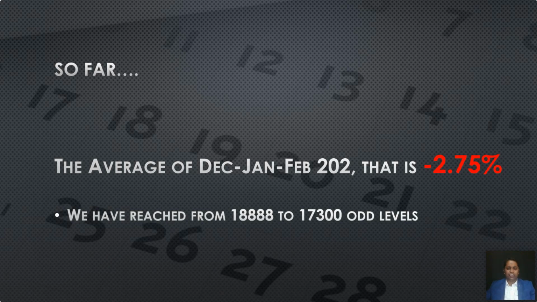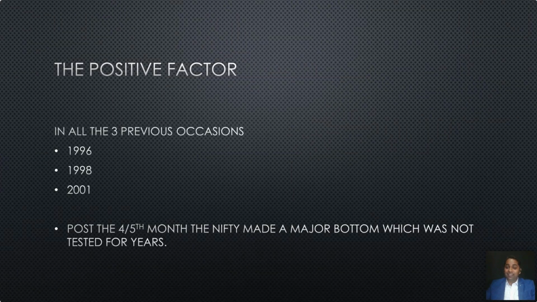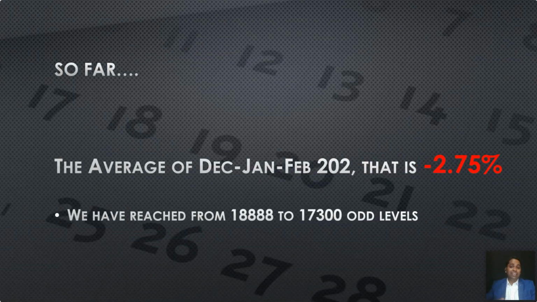I think that's what the recent correction has shown to us. So if you do the math from 18,888, if you deduct 25 to 30%, the ugly part of the markets would probably take the Nifty towards 14,200 to 13,200 levels. So yes, the ugly part of this correction could probably take the index in the next 1 to 2 months towards that kind of a level as well.